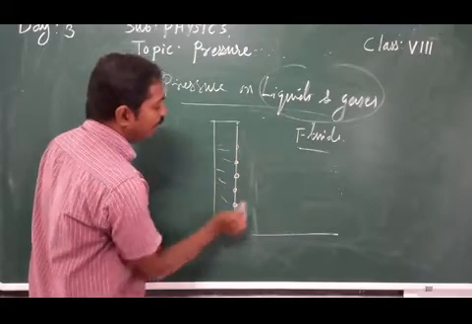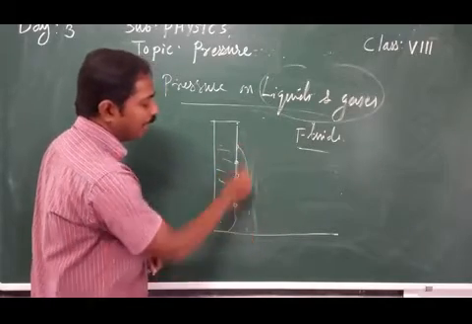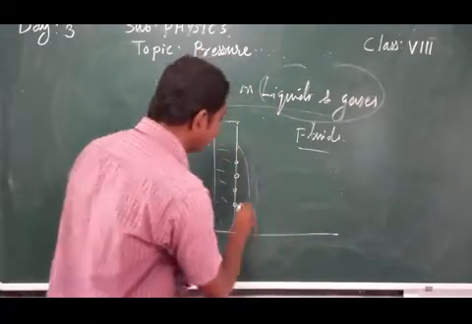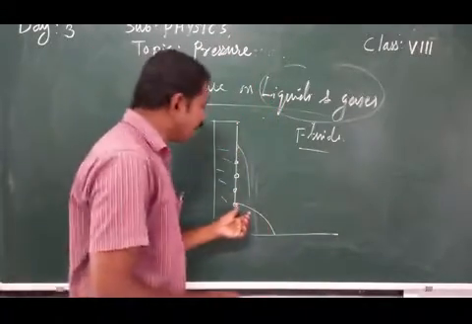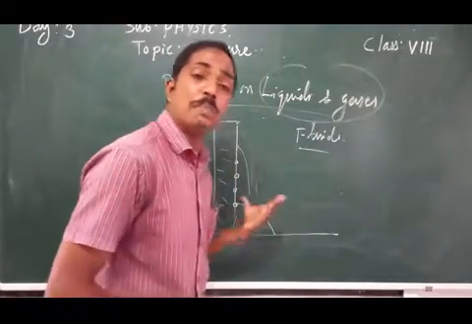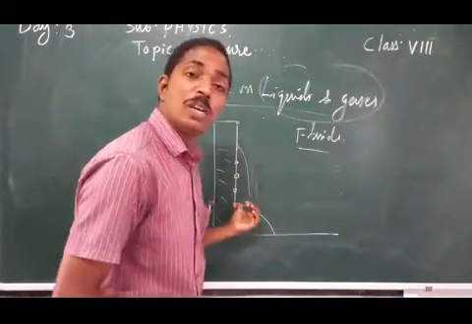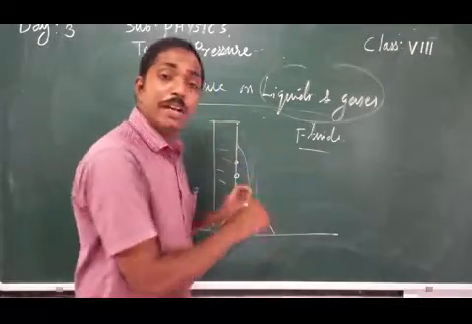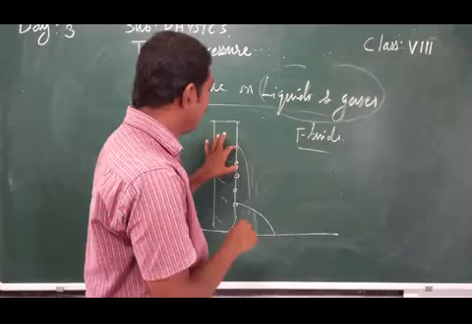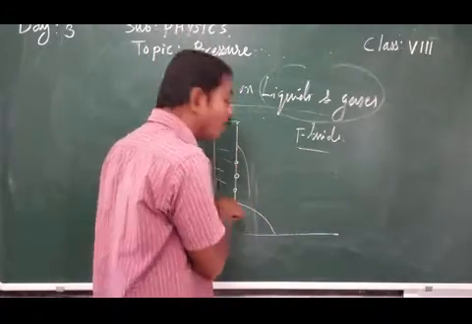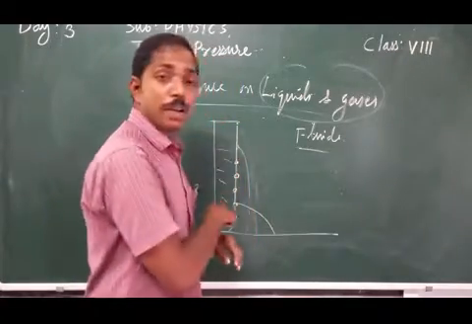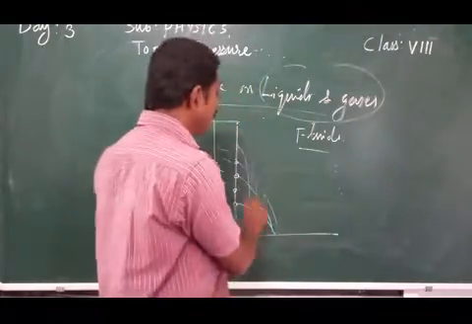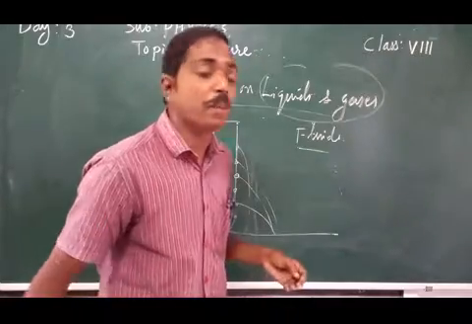Here, at this water level, the water comes out only a little distance. On the other hand, here the water comes out farther, because the pressure exerted by the liquid on the walls of the container is high here. So when we consider the height of the water level, there will be a difference. That's why pressure is more at the lower level than the upper level. So we can see that the water comes out at different distances instead of the same distance.